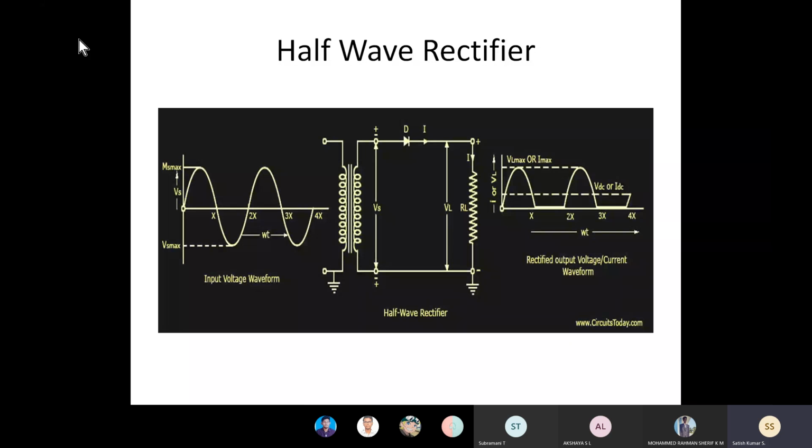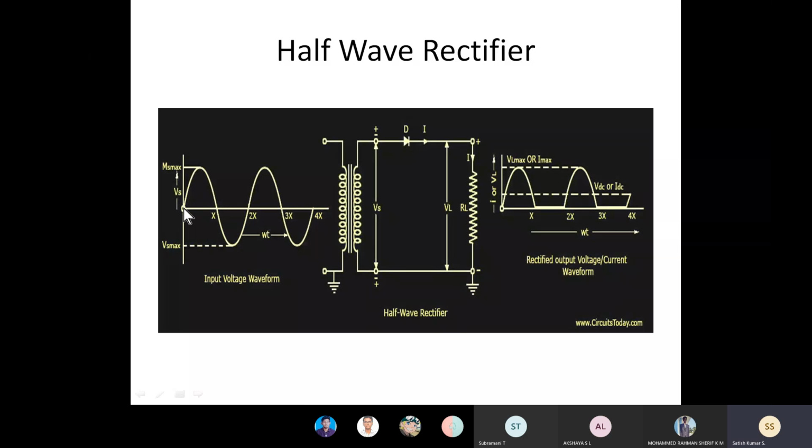One cycle is 360 degrees, which converted into radians is 0 to 2 pi. For the 2 pi interval, in the first half cycle, 0 to pi, it gets the positive peak and comes to the 0 value. From pi to 2 pi, it goes to the negative peak and comes to the 0 value. The sum of these two is what we take as the average of an alternating sine voltage. This is the total time interval we take for the analytical calculations.